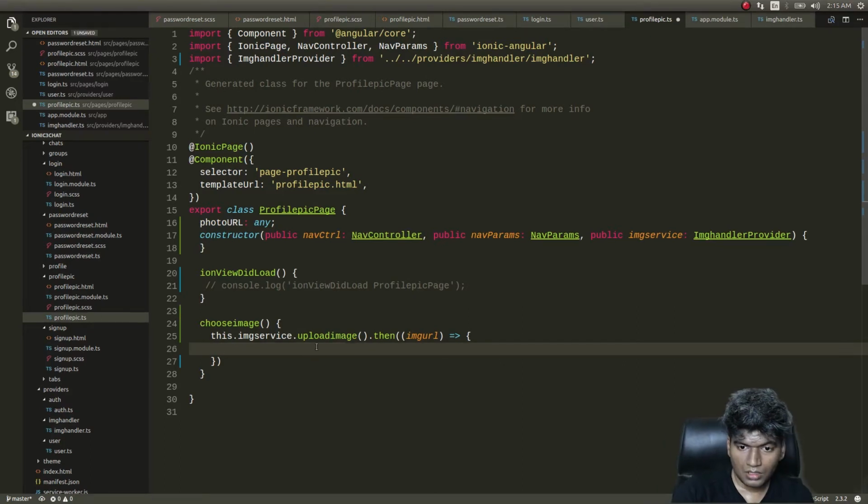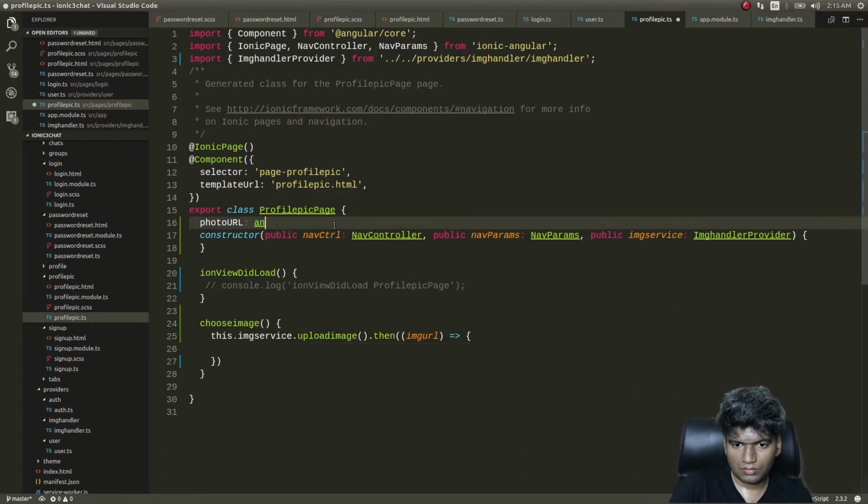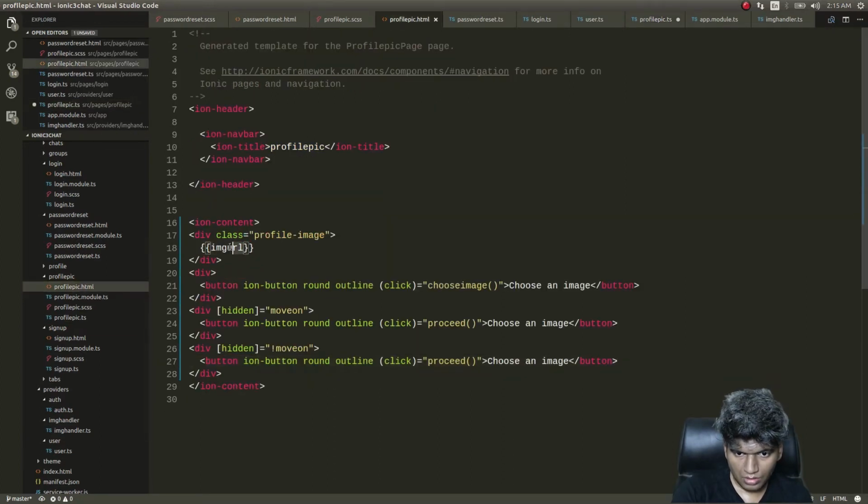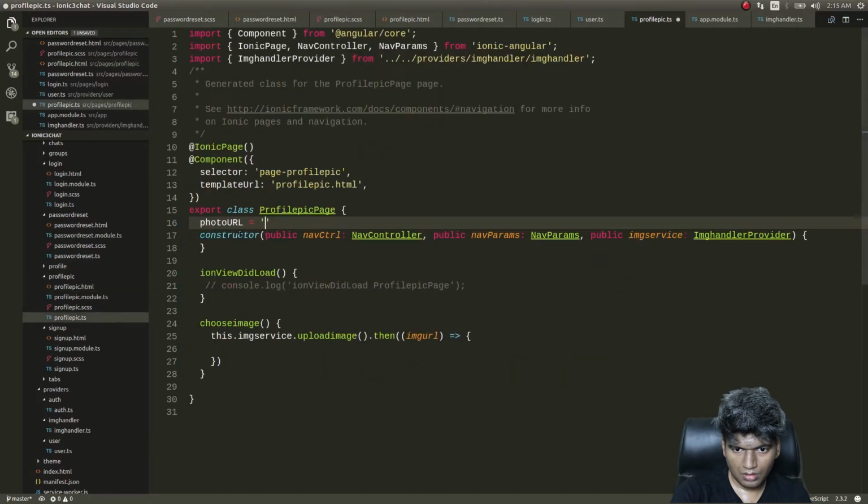So we'll have photoURL. This will have a URL actually. This will be image URL, right? Copy this,